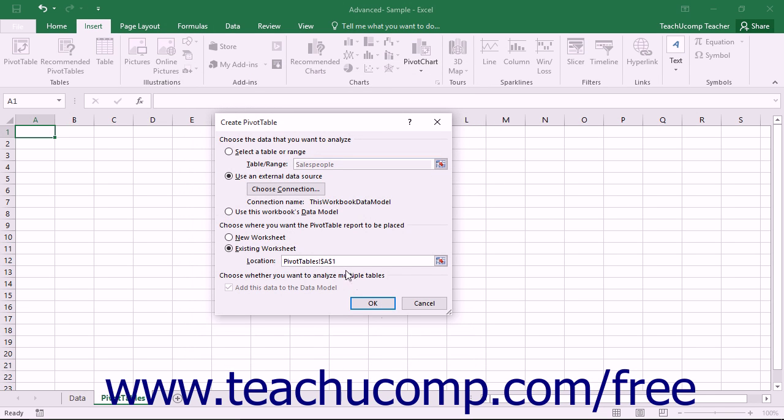Next, choose the location where you want to place the pivot table from the options shown within the Choose Where You Want the Pivot Table Report to be Placed section. You can select the New Worksheet option button to place the pivot table into a new worksheet. You can select the Existing Worksheet option button to select a location within an existing worksheet. If you select this option, then you can either enter an absolute cell address location into the location text box